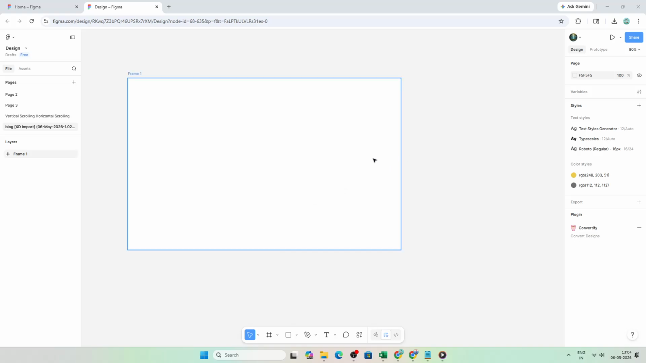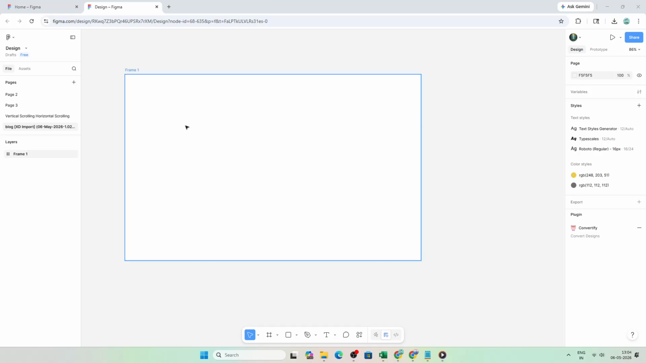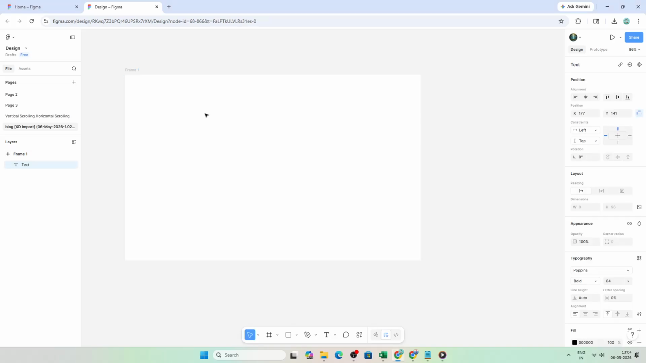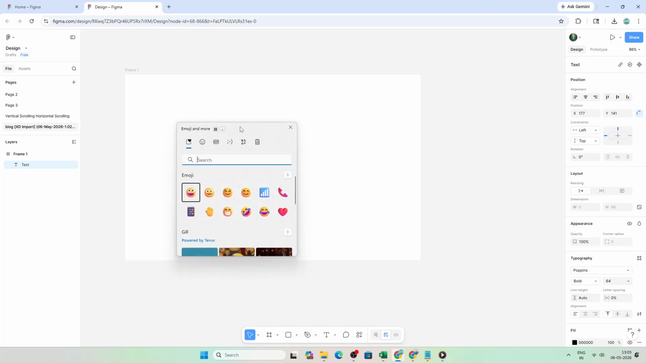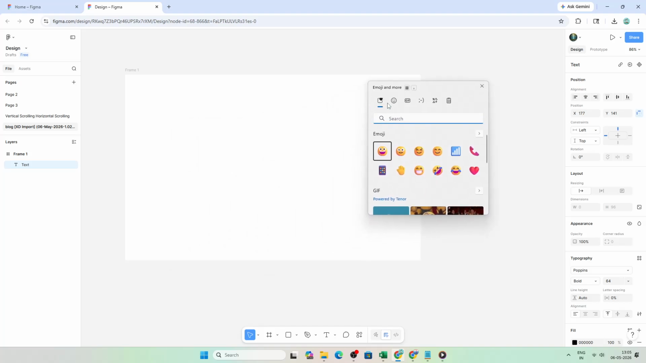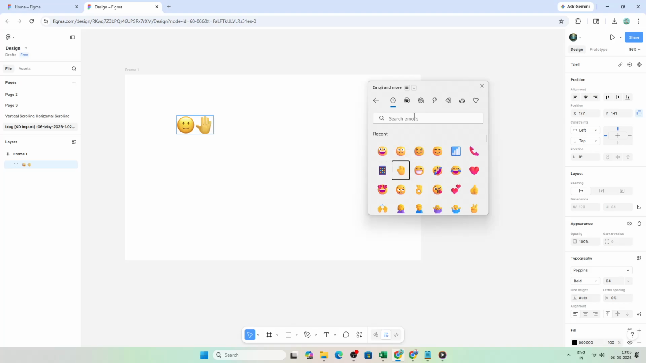Let's start with the fastest option, the native emoji picker. First, create a text layer. Press T on your keyboard, then click anywhere on your canvas to start typing. With your text cursor active inside that text box, open the emoji picker. On Mac, press Ctrl plus Command plus Space. On Windows, press the Windows key plus period. A panel of emojis will appear. Browse or search within that panel. Then simply click the emoji you want and it will be inserted right into your text box at the cursor